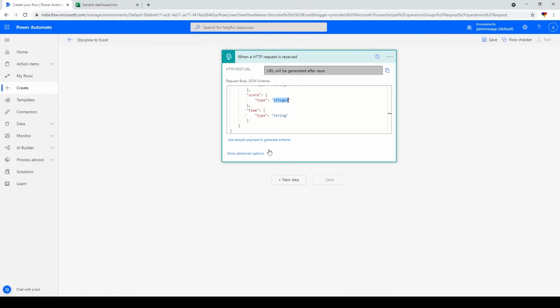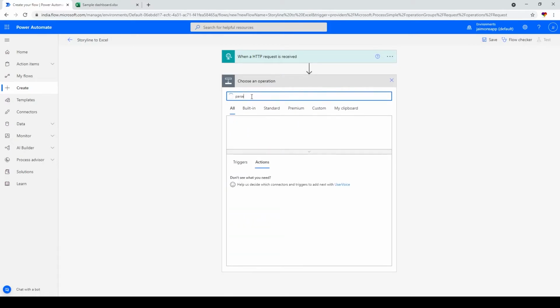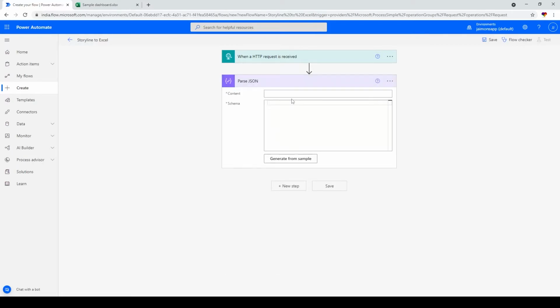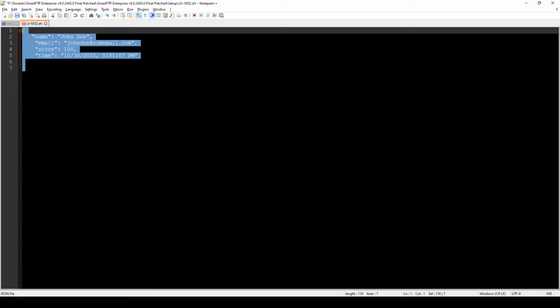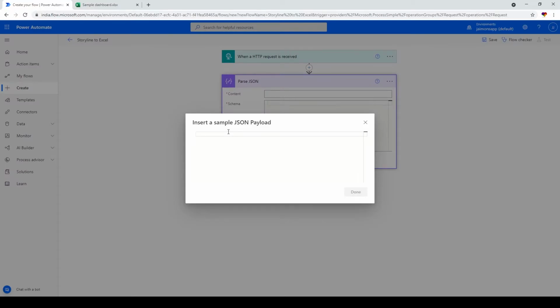Now once the tool gets an HTTP request in the JSON format, it has to parse the JSON, right? So that's going to be your next step. There is a Parse JSON action available. Select that, and again use the same JSON data that we have to create a schema,